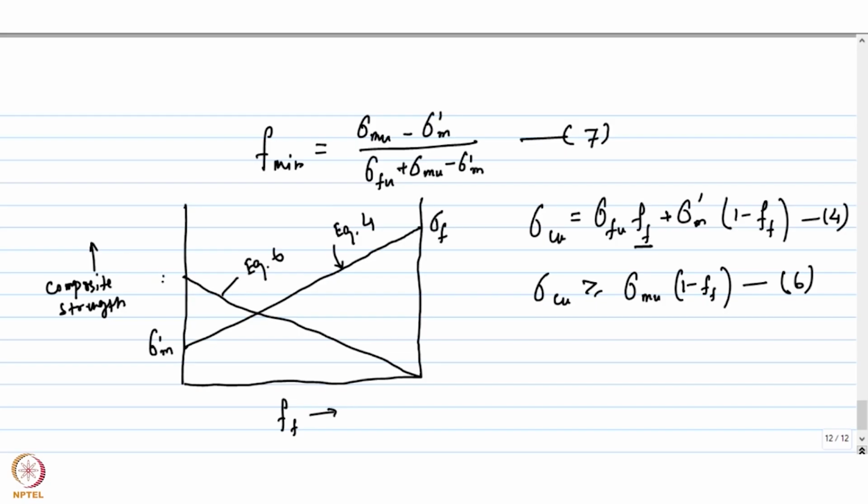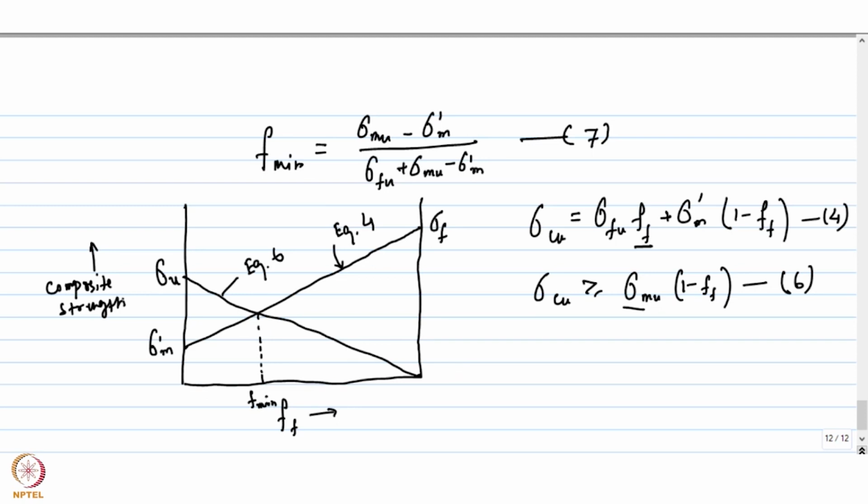That means this intercept is sigma u or sigma mu, right, as you could see from here. And when the volume fraction is equal to 1, then this becomes 0, as you could see from here. Okay. And the intersection between these two lines represents the minimum